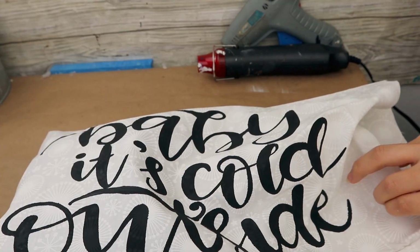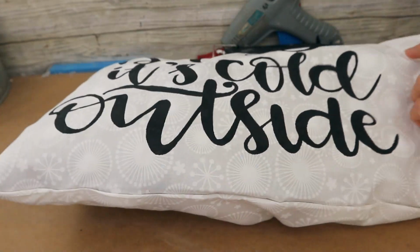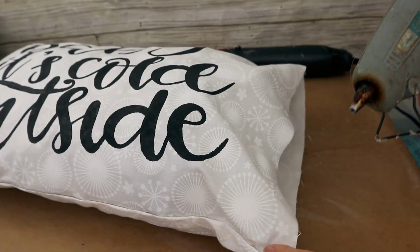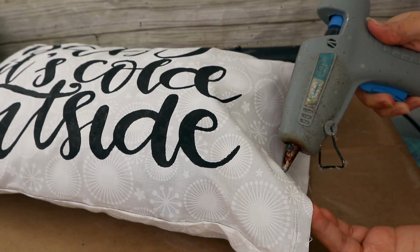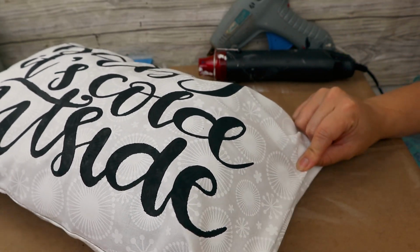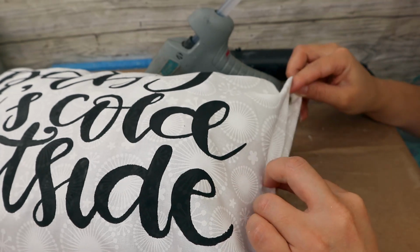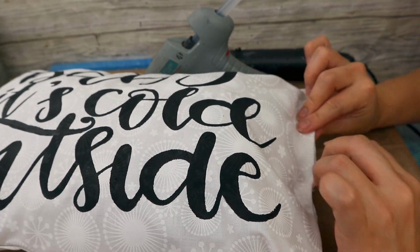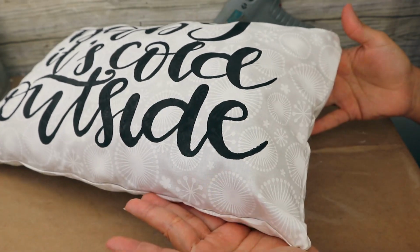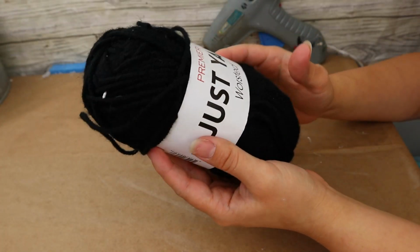And now it is time to fill my cover, and you can use any pillow filler that you have, and then you can glue that other side of the pillow with the hot glue. Okay, once you're done, this is how your throw pillow cover is going to look, and I really like it,